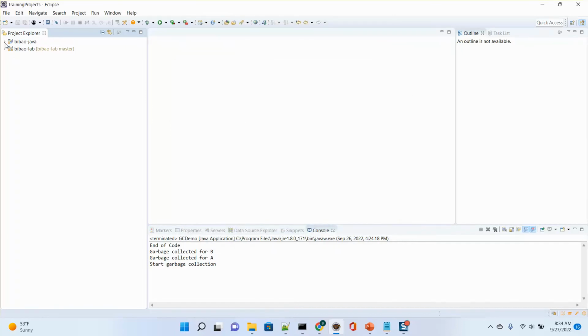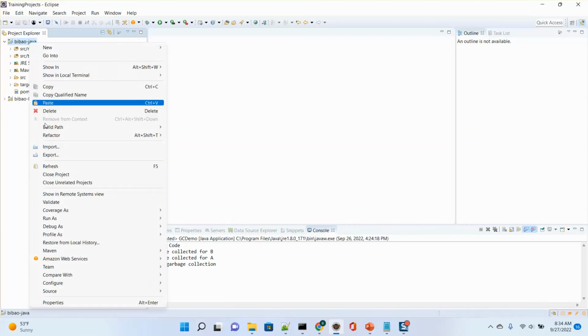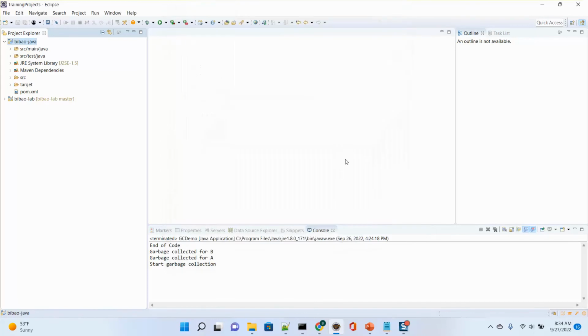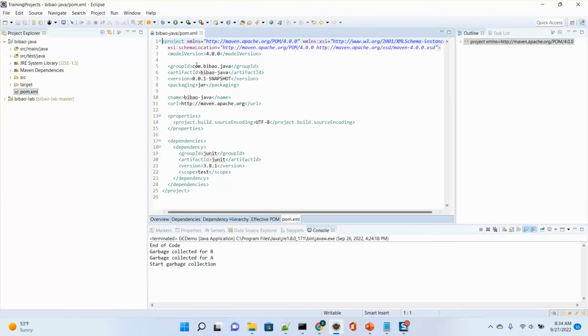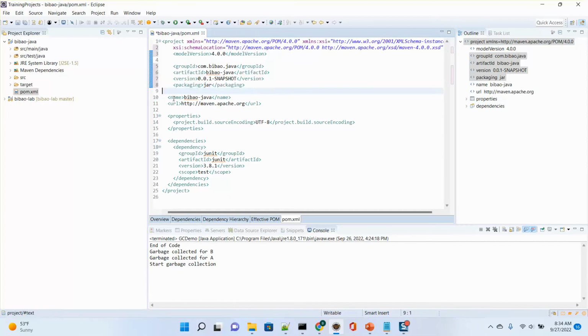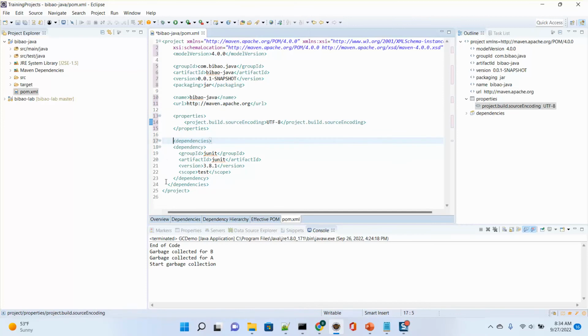So after I define this, I right click properties, and I can change the compiler to 1.8. Now in the POM, I give it a good format. For the dependencies,